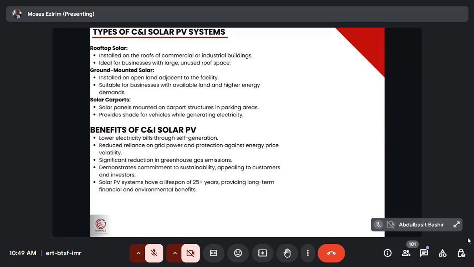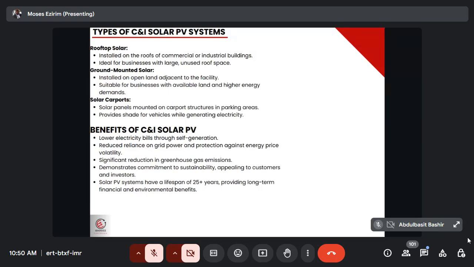Then the next one is solar carport. Just like the examples that I gave to you, the client doesn't have roof space. Assuming there was space for a carport, I would have suggested that, but there is no space for a carport. So this is another one. There is another one that we have. We call it